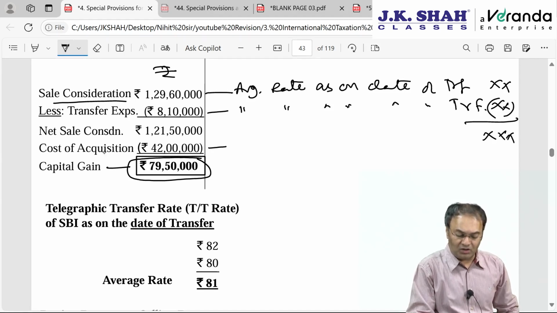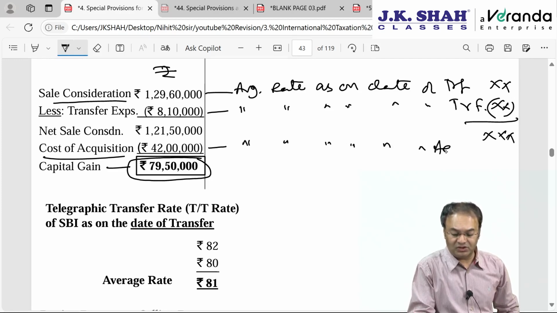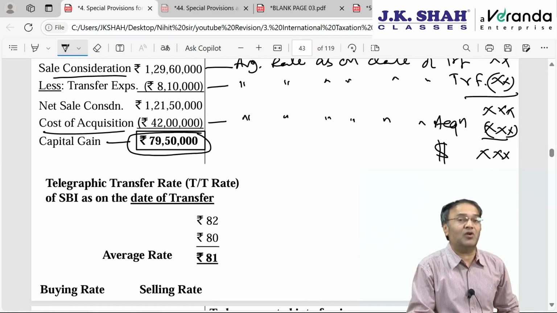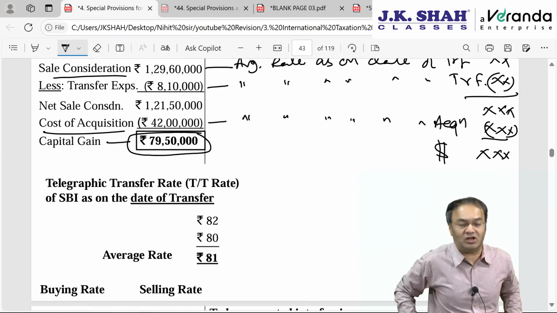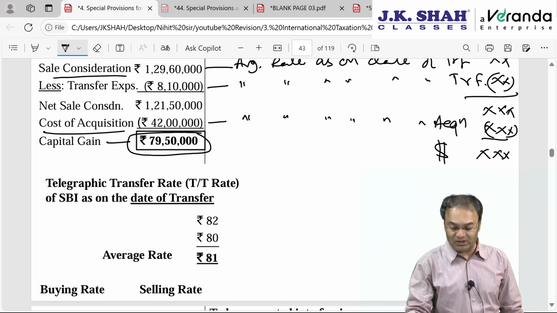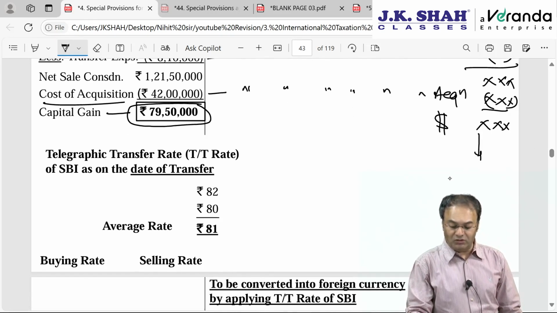Then you convert cost of acquisition from Indian currency to foreign currency, applying again average rate, but this time it will be average rate as on the date of acquisition, and not as on the date of transfer. Final capital gain which you will get will be in terms of foreign currency. Which foreign currency? That original foreign currency which was brought into India for the purpose of making investment, that you reconvert into Indian rupees,